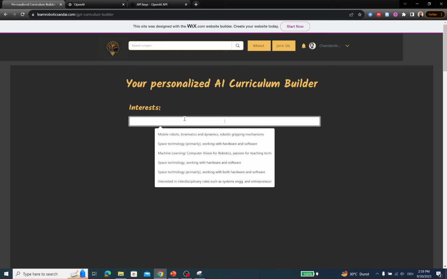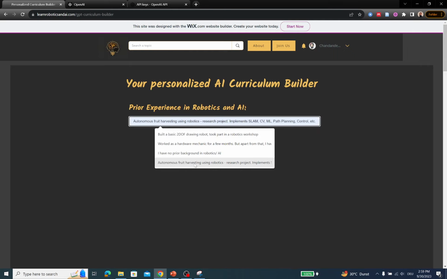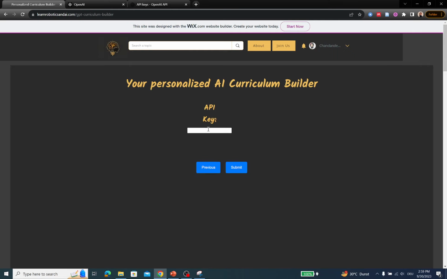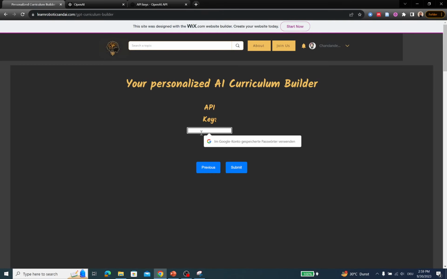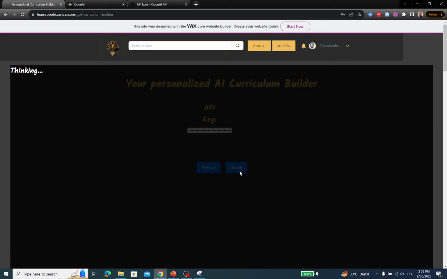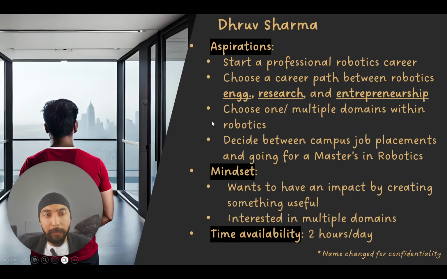And 15 hours per week. Interests are in interdisciplinary roles. Exactly. Prior experience is this. Specific queries, and copying it again and pasting it, and it works. Okay. Yes, let's see. While it is thinking, let's look at the plan that I created for Dhruv, which was